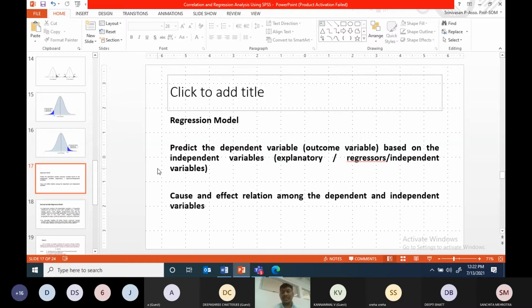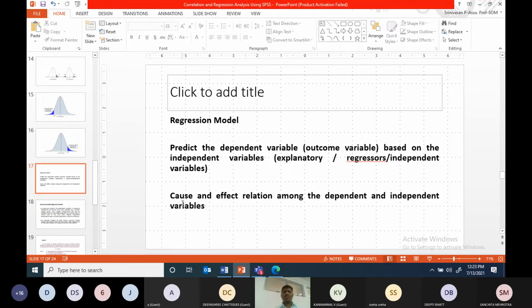Fine. This is number two. There are two uses. What are the important significances? One is prediction, forecasting or prediction. Number one. And largely the regression model is used to find out the cause and effect relation. What is the cause and what is the effect? Understood? And moreover, sir, I want to forecast. You can do the forecasting exercise using regression. It's a base model. So regression is the base model.